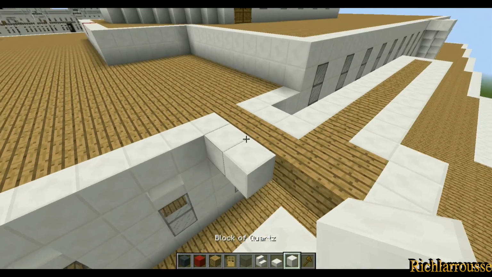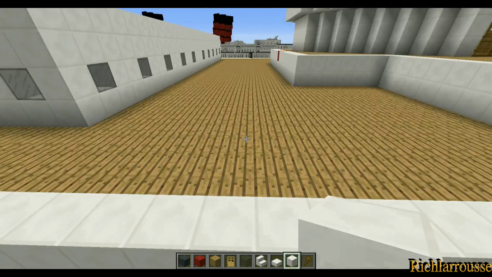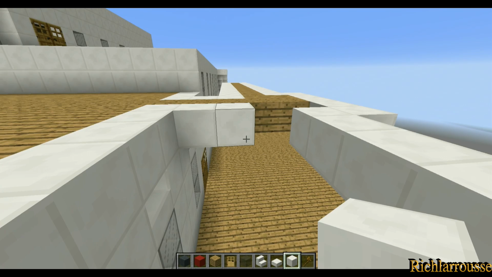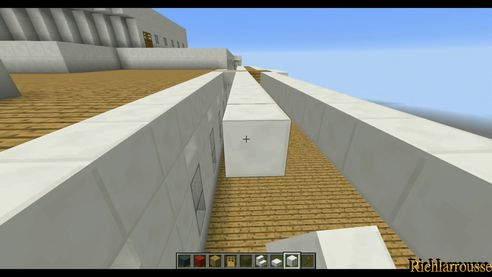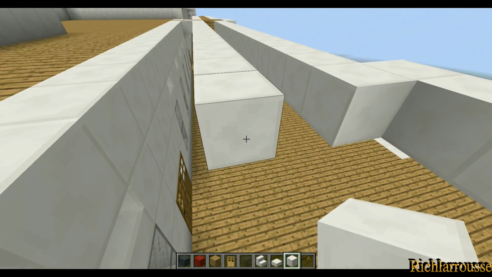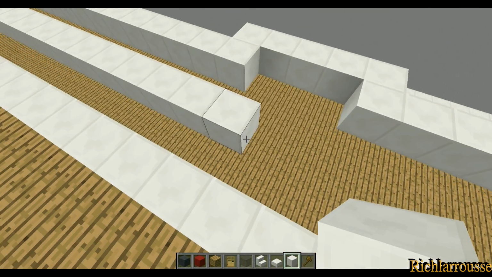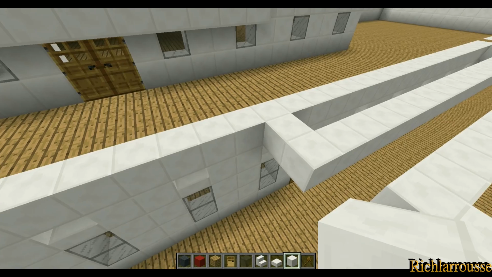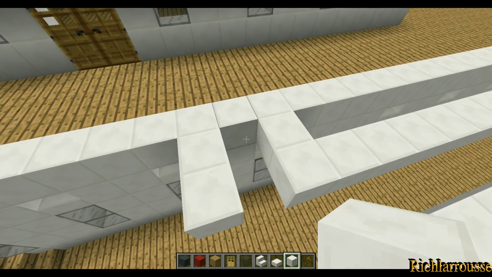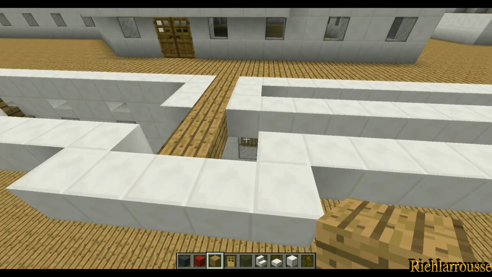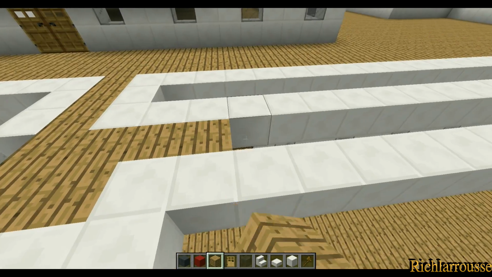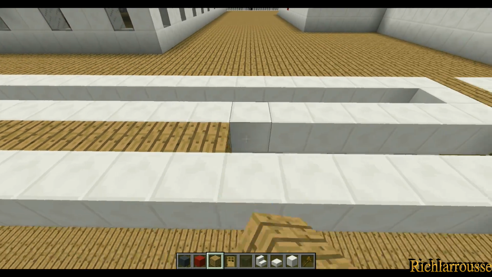And then what we're going to do is from that row of 2 again we build forward 18 again, or 19 I think actually. So 1, 2, 3, 4, 5, 6, 7, 8, 9, 10, 11, 12, 13, 14, 15, 16, 17, 18, make it 19, and then 1 in, and then 1 block gap, and then 2 blocks out, and remove that 1 block and then fill that in with wood, and then we add all the wood in the middle there,